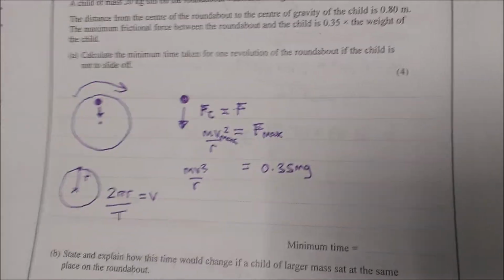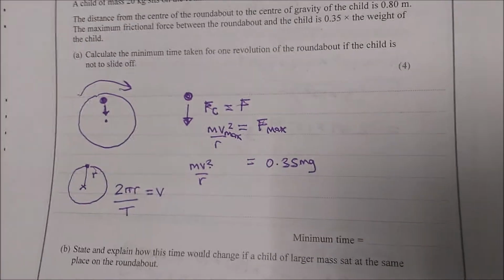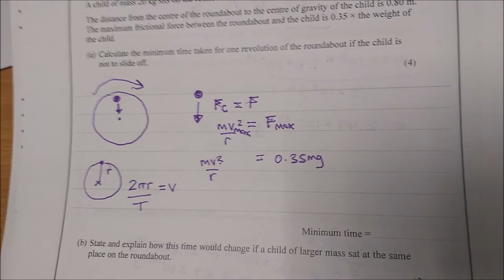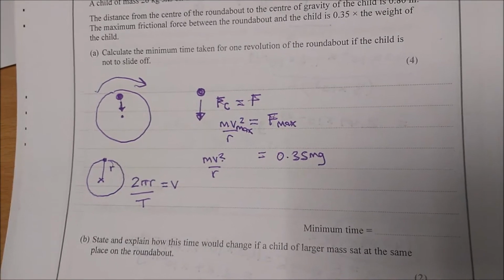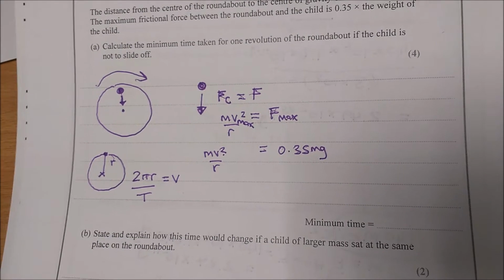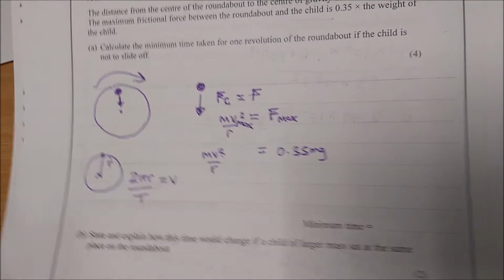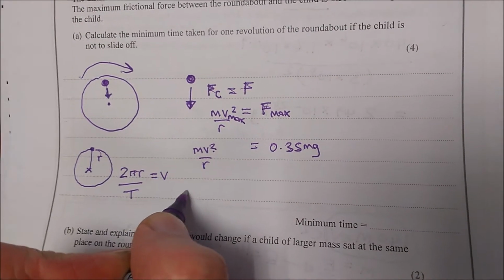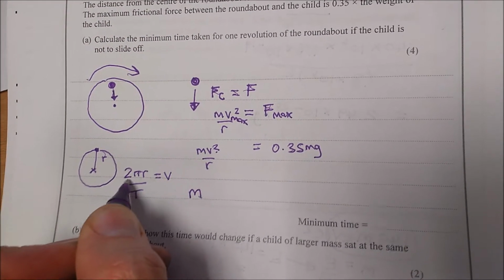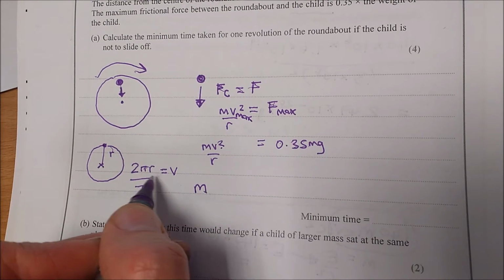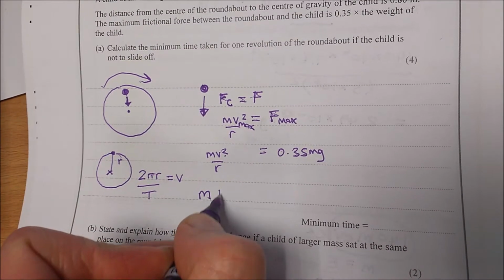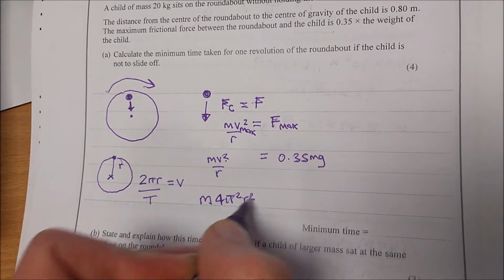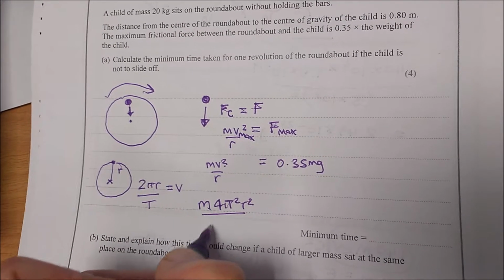At this point you could pause the video and try this yourself, if you've recognised you perhaps made a mistake. You don't just need to keep watching me, you could pause at any point and try something out yourself. So I'm going to substitute into here. So mv squared, well v squared is going to be 2 squaring v there, so we're going to get 4, we're going to get pi squared, we're going to get r squared, divided by T squared,